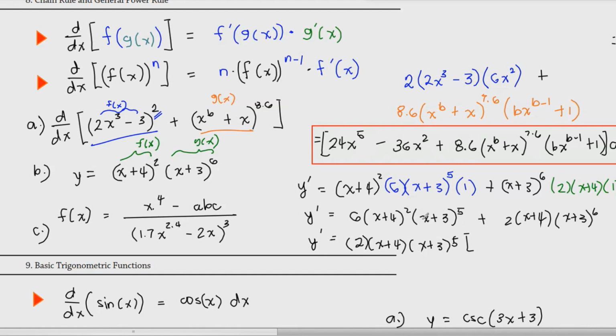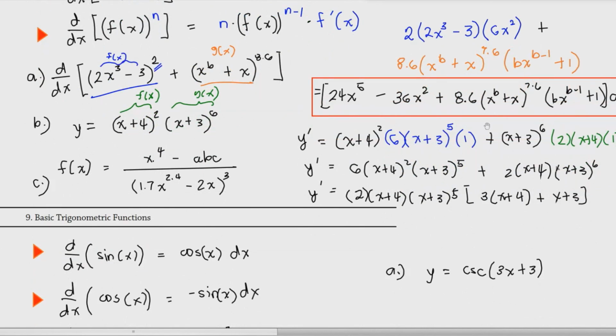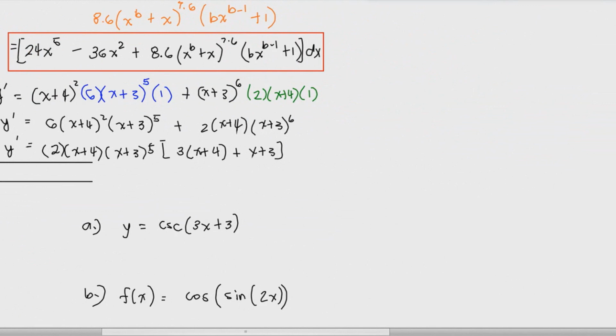Let's just start with this. So what's left here would be 3 multiplied with x plus 4, and then the one that will be left out would be plus x plus 3. Now this can be simplified further. So as you can see there, this will be equal to 2 times x plus 4, and then we have x plus 3 raised to the 5th power,